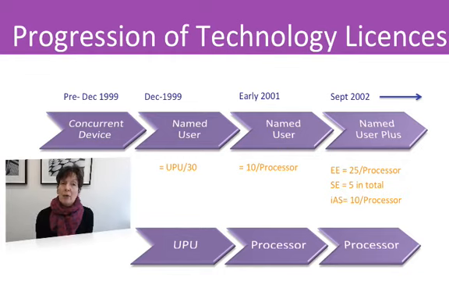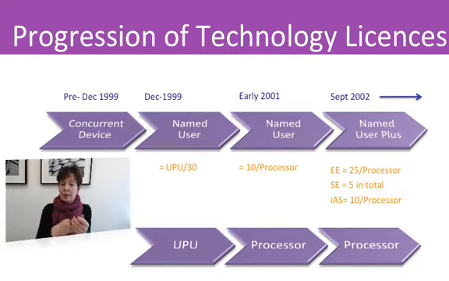We just talked about how complicated Oracle is, and one of the reasons why it's complicated is because the metrics have changed over time. So if you've been an Oracle user for a long period of time, you might have some very old metrics like concurrent devices, you might have a mixture of those and the new ones which are processors and named user plus, and we'll talk a little bit more detail about those over the period of time of this course.